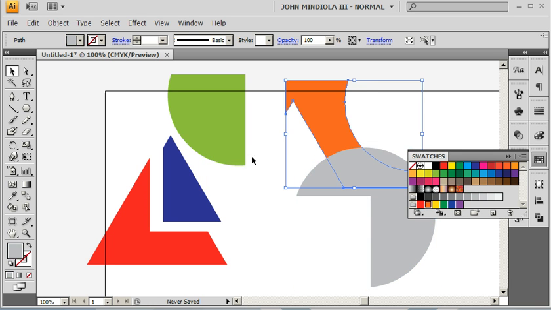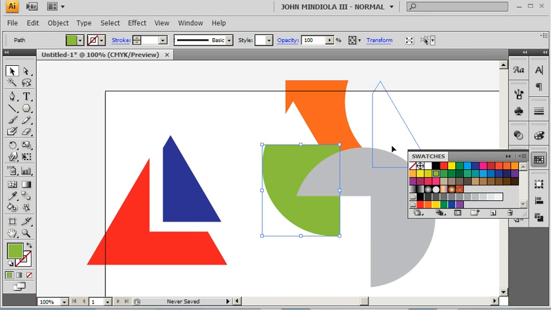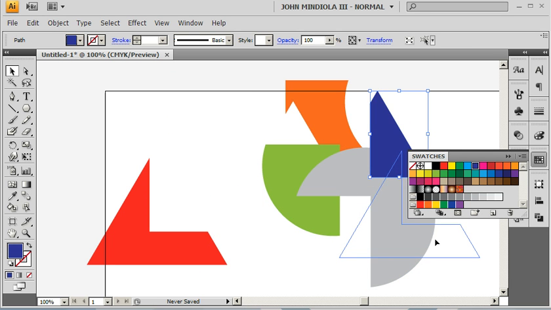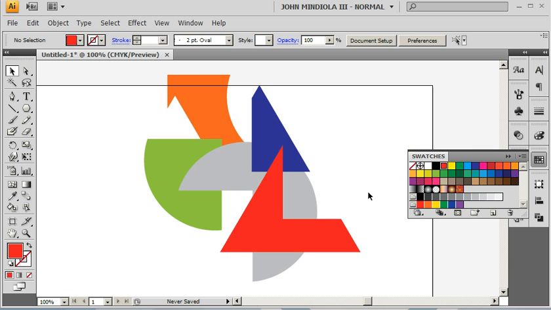So now I can make my shape like this, and I have no idea what this is, but let's say it's some kind of graphic that you want to use to create a logo or some other illustration. And I could actually make a new live paint group out of all these shapes if I wanted, or just some of them, or whatever. So that's how you can quickly arrange things and color them